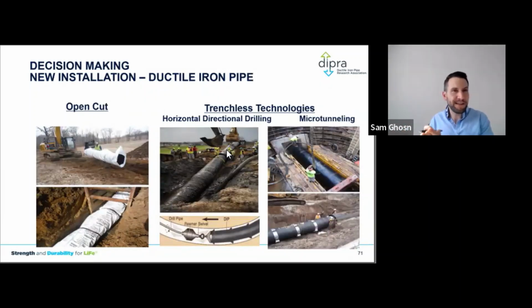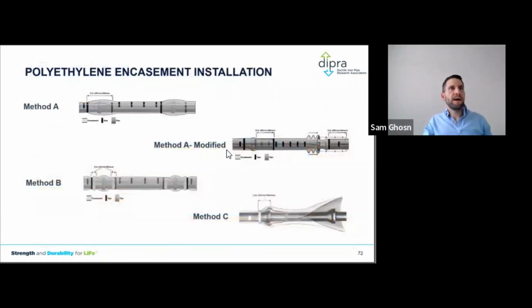And it's not really dependent only on the type of soil we're dealing with. So trenchless might be a little bit different, and those are very rare applications. We probably do 10-15% of our installations with trenchless, and the rest is mostly open cut. So installing polyethylene encasement is very important as well. There are many ways. We don't have enough time today to go through how to install it properly, but just keep in mind, it is a very simple process.